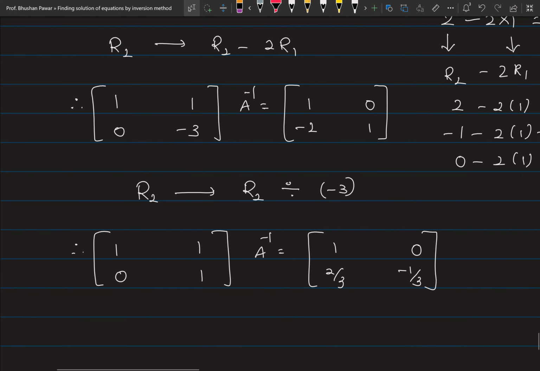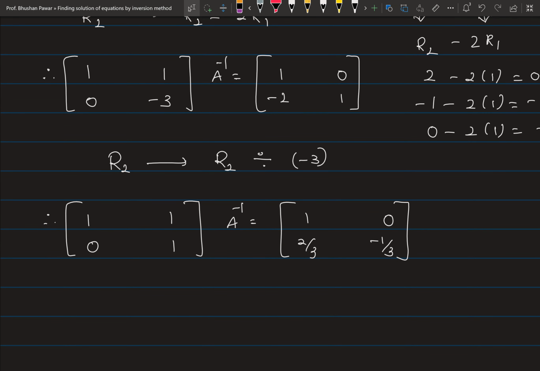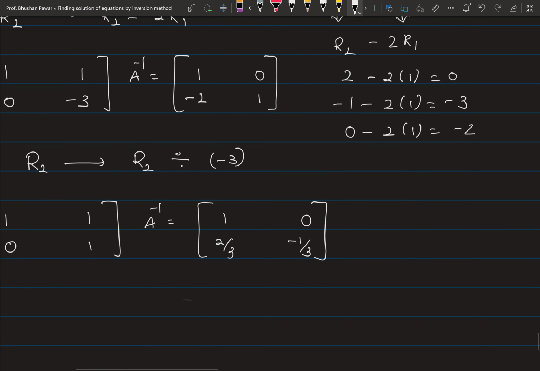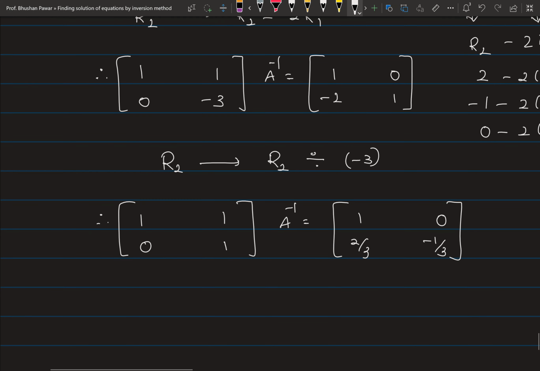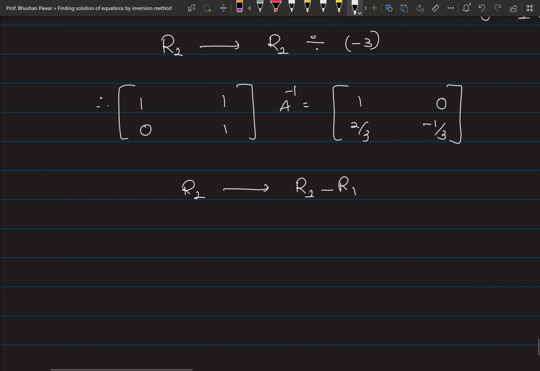Now I got this one over here. Now using this one I will try to transform this one into 0. So what should be the operation? So I have 1, I have 1, I want 0. Simple, do the subtraction. So this is from R2, this is from R1. Operation should be R2 minus R1, right? So I want to change in R2, so R2 gives R2 minus R1.